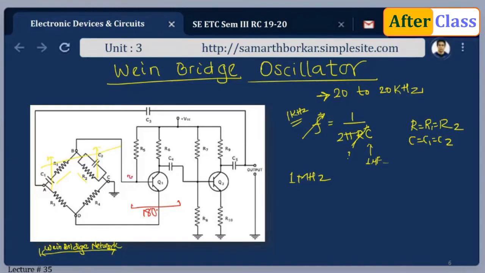So if this is the input, a fictitious input, the output at this point will be amplified, which forms the input to the next transistor, and here again this will be amplified in the opposite direction. And all along this, the frequency has to remain constant, meaning the time period has to remain constant. Now the question is, from this circuit arrangement itself, I am getting 360 degrees. Then what is the use of having this Wien bridge network? The total phase shift is provided by these 2 transistors.